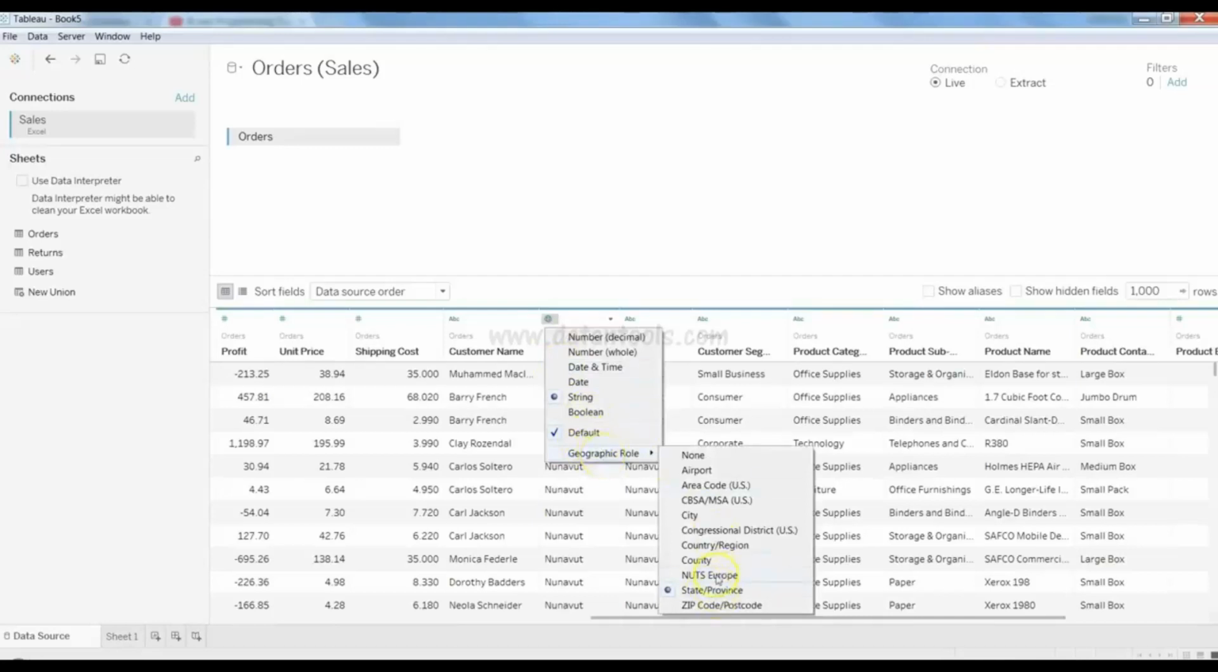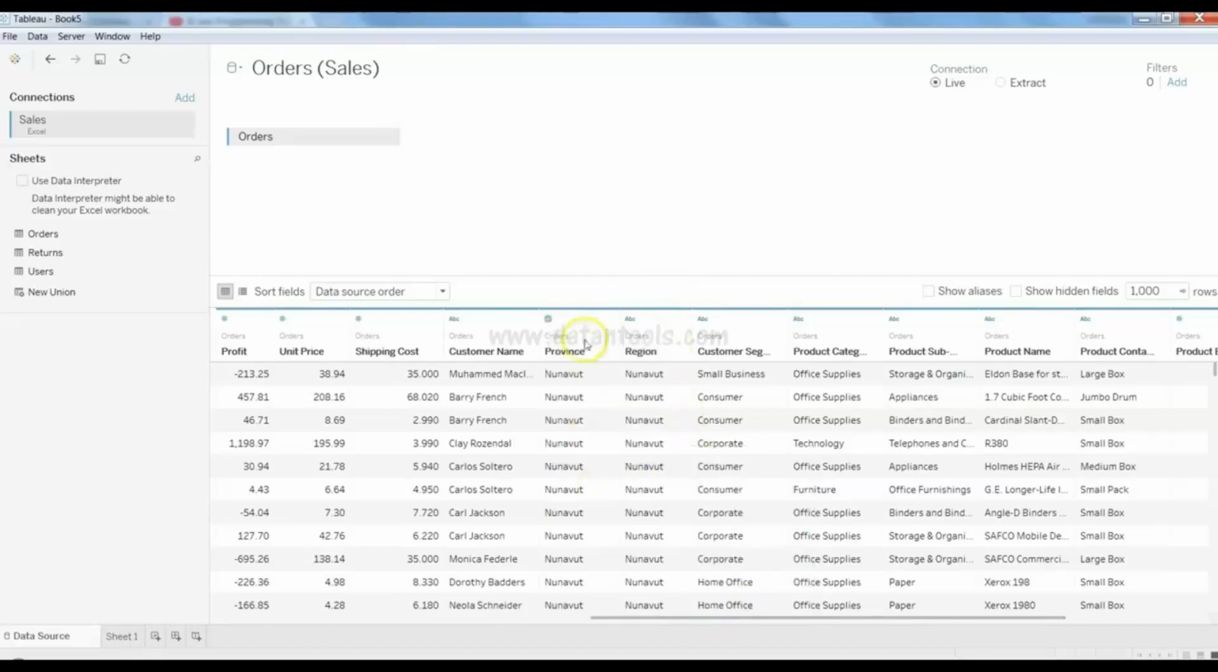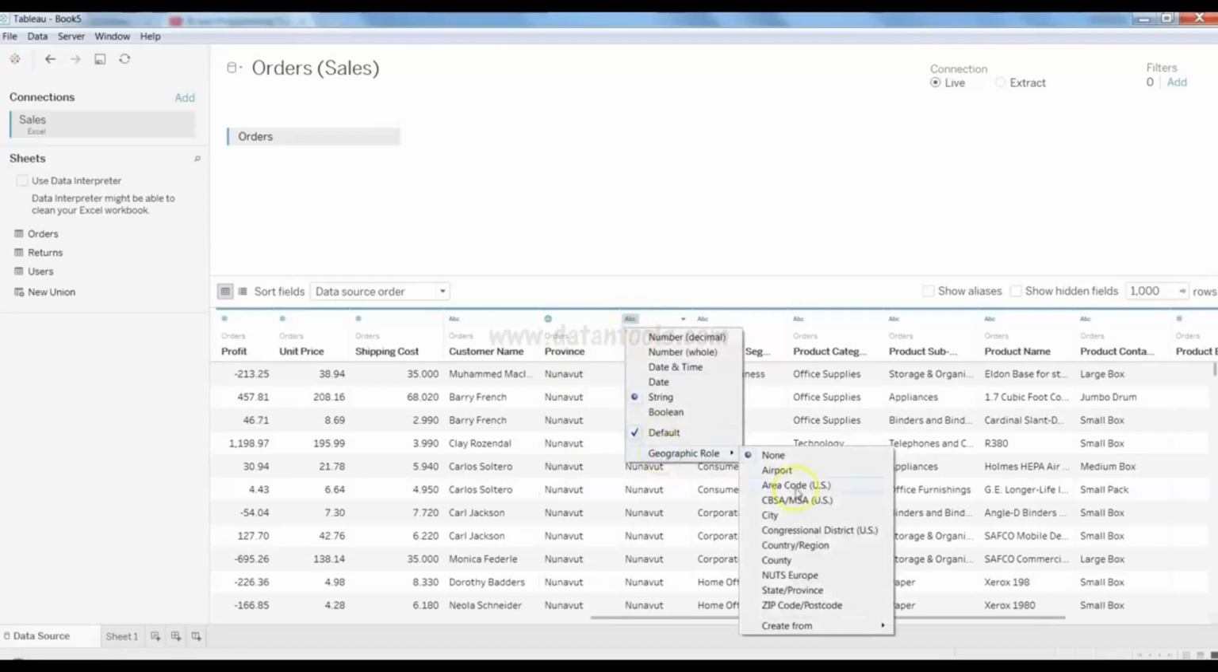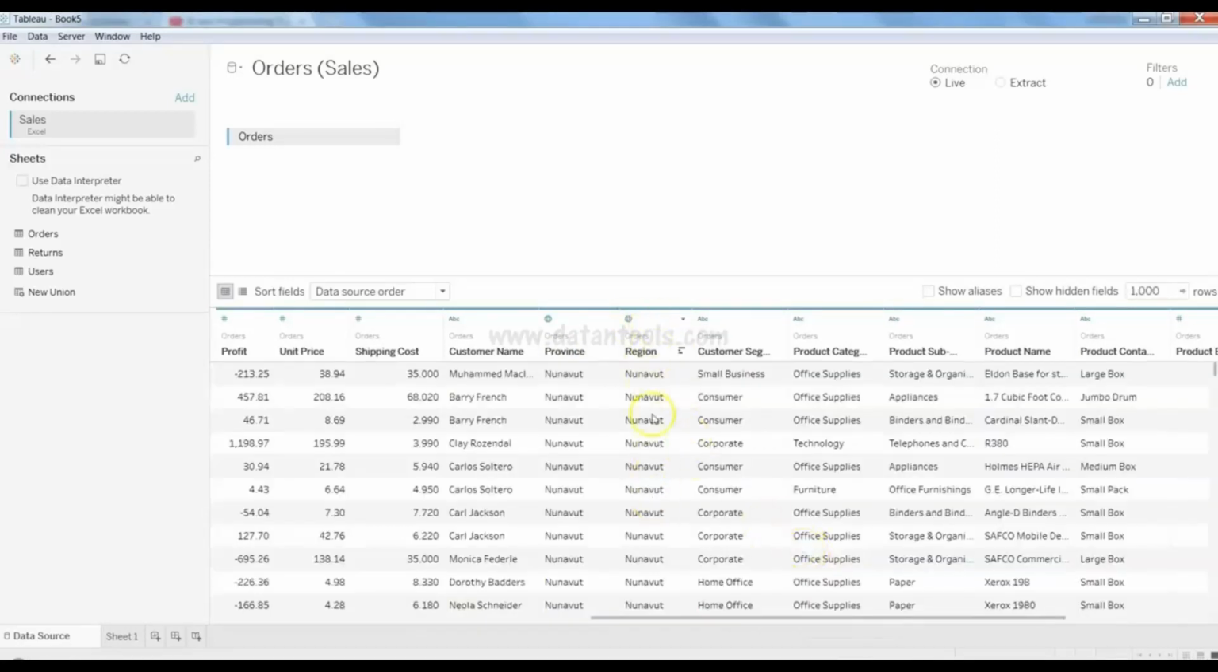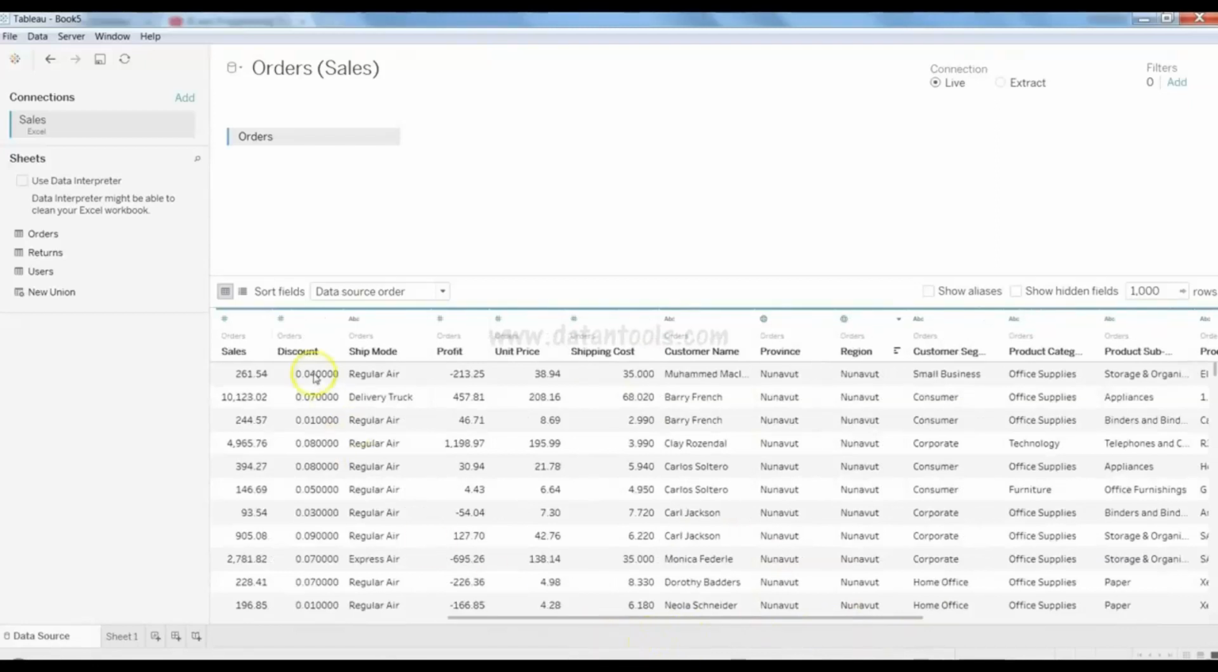state, province, as mentioned over here, these different options that you can see. And once you plot these values on the map, it will correctly do that. Here in the case of region, if you identify that it is a correct region, then you go into the geographic role and say country region, and then it will start identifying it as a proper region. Alright, so that's about the different formats that are available